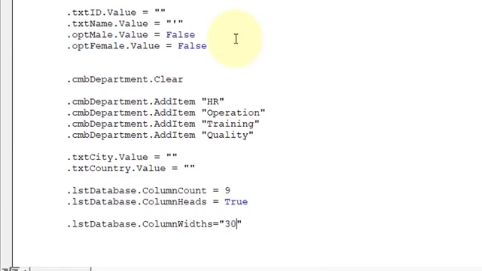So let's start: 30 is for serial number, 60 is for employee ID, and 75 for employee name, then again 40, 60, 45, 55, and the submitted on 70 and submitted by 70. So you can count here, we have provided the width of all those 9 columns: 1 2 3 4 5 6 7 8 9, right?